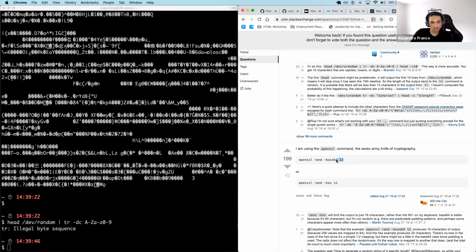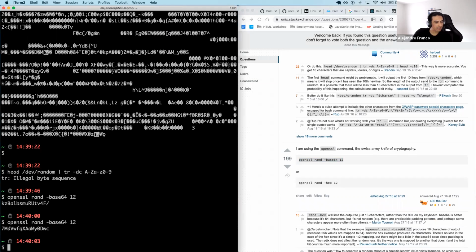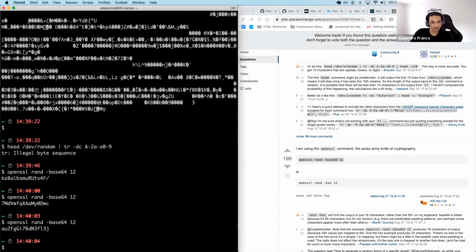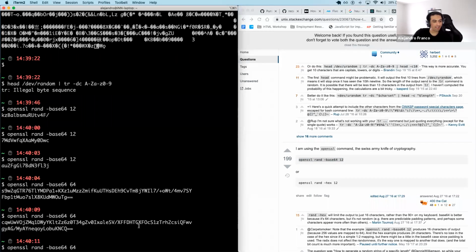Do we have this one? Let's see, we have OpenSSL. Awesome, there we go. We have some random data coming from base 62. Is this the length? Yeah, okay. Let's use a bigger length so that we have less chances of running into issues. So I think here, what I'm gonna do is